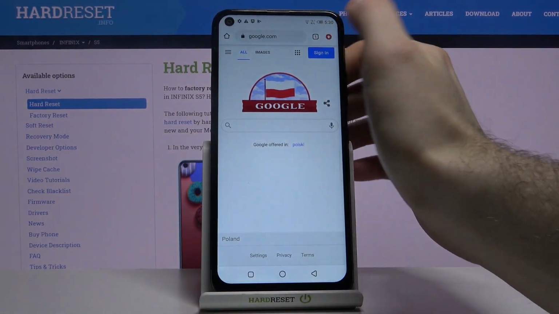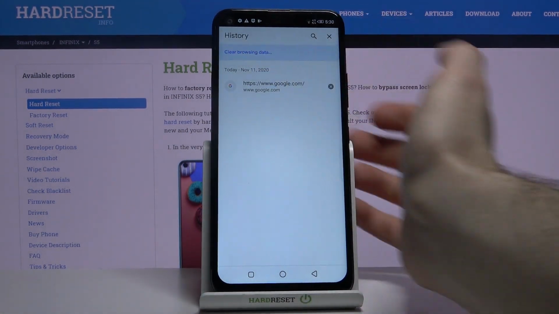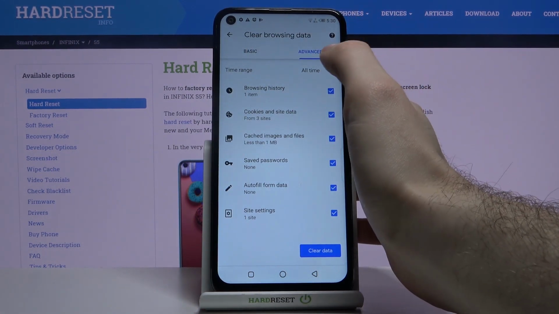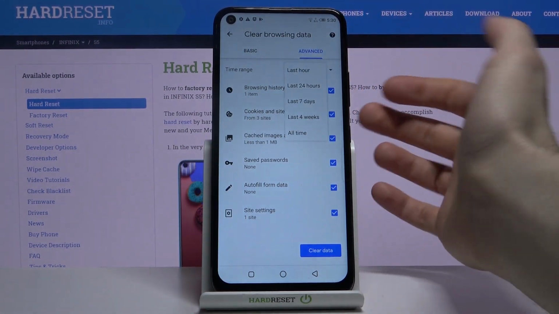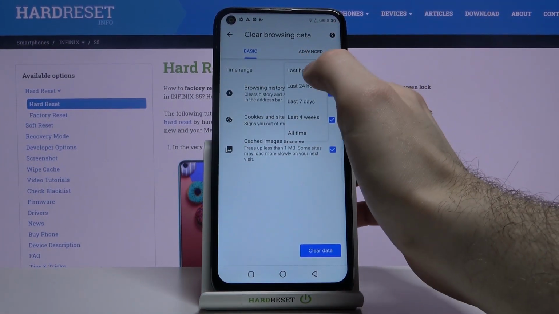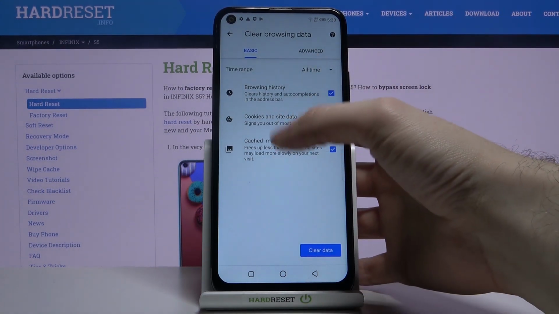then tap here, then go to the history, tap on clear browsing data, and next you have to select a time period for which you want to delete your history. It could be last hour, last day, last week, last month, and all time. And then you have to select